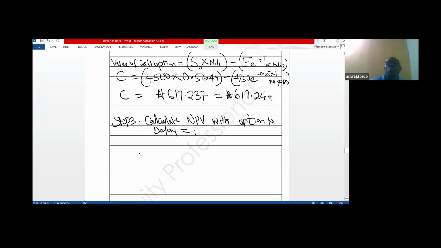This is equal to value of call option as calculated in step 2. This gave us 617.24 plus